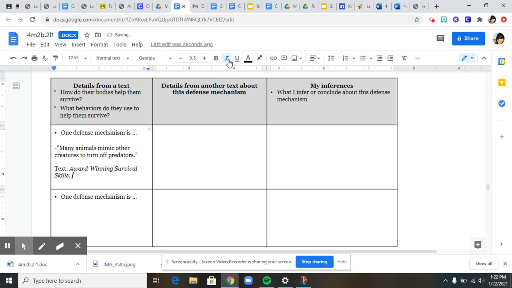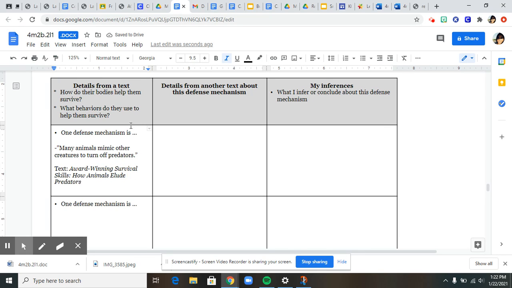Survival Skills: How Animals Elude Predators. Okay, so that was one defense mechanism mentioned right here. Here's a detail from a text I got it from. But remember, we are not summarizing this text. We are synthesizing. So this idea right here, I need to find where this idea is found in another text